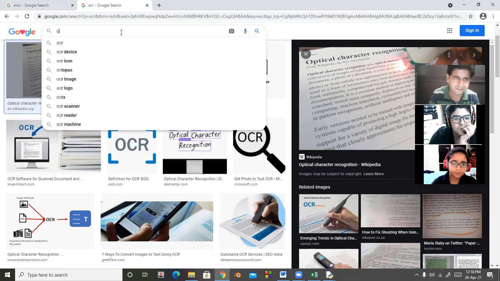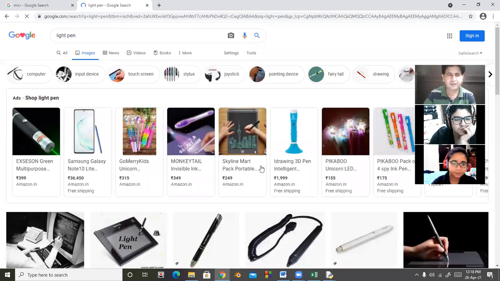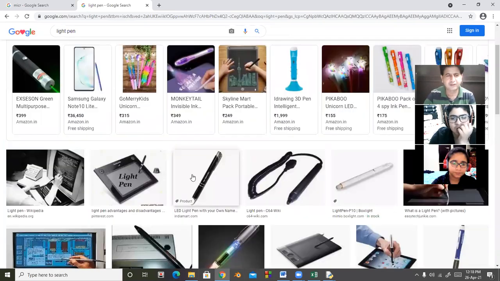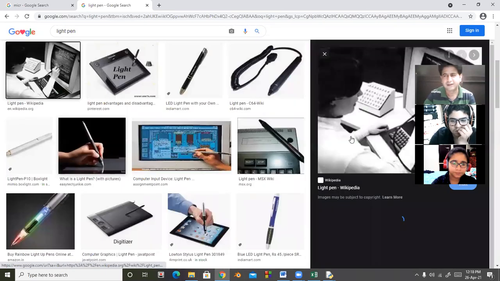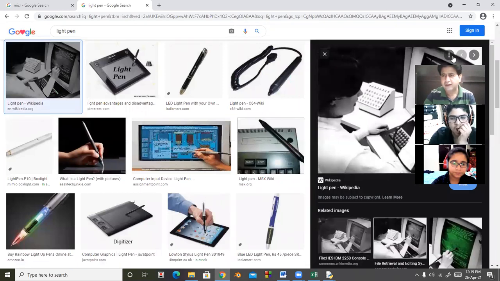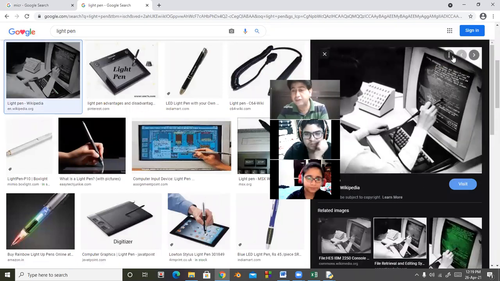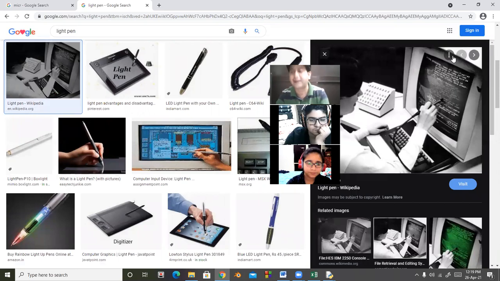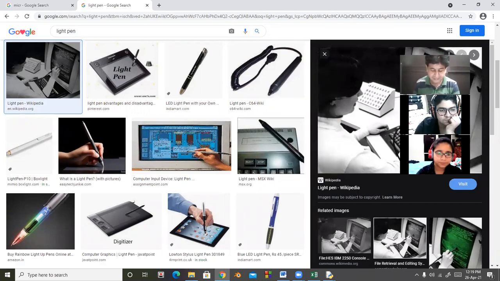Look here. So this is a light pen. With the help of that you can write on the screen, and you can even write on the pad. Whatever you write on the pad will be saved on your computer screen. So this is called a light pen. So these are called magnetic script readers.